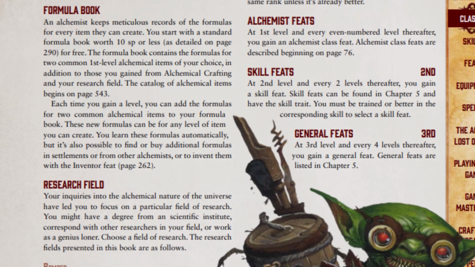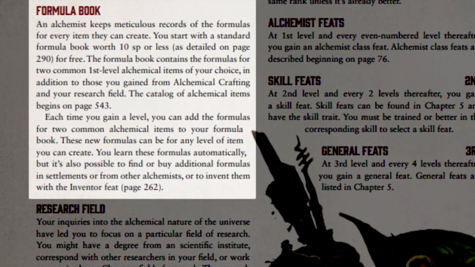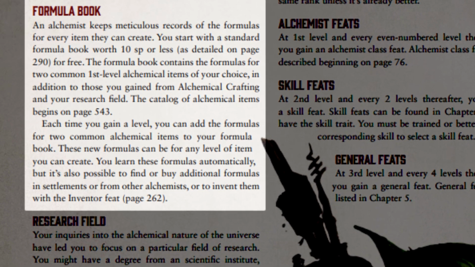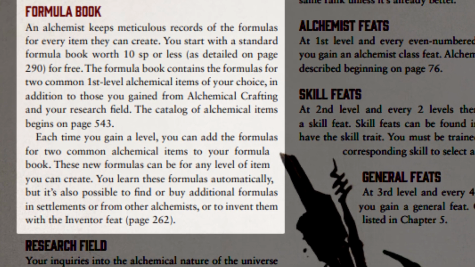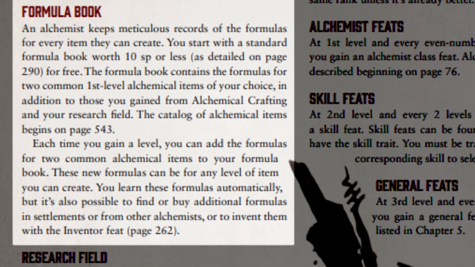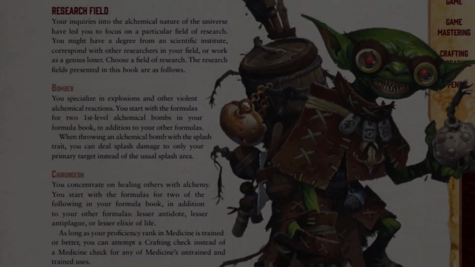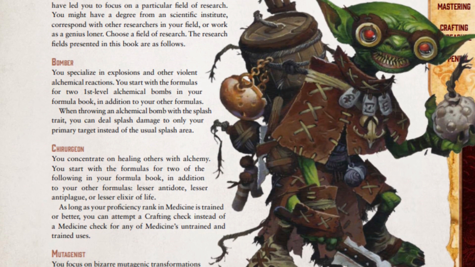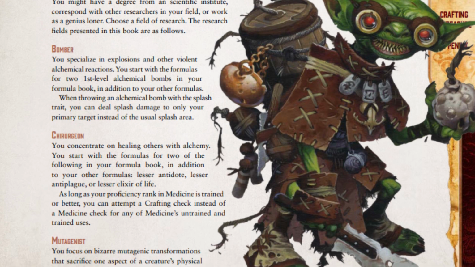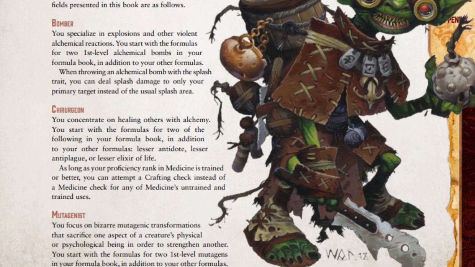In order to perform any of this alchemy, the alchemist requires their formula book. Similar to a spellbook, it contains recipes for all of the different items the alchemist can create. It only comes with 2 formulas written in to start, but that quickly grows since the alchemist can add 2 new formulas to it every time they gain a level. On top of all of that, the alchemist also gets to specialize themselves into specific types of concoctions. There are 3 options: the bomber, the mutagenist, and the